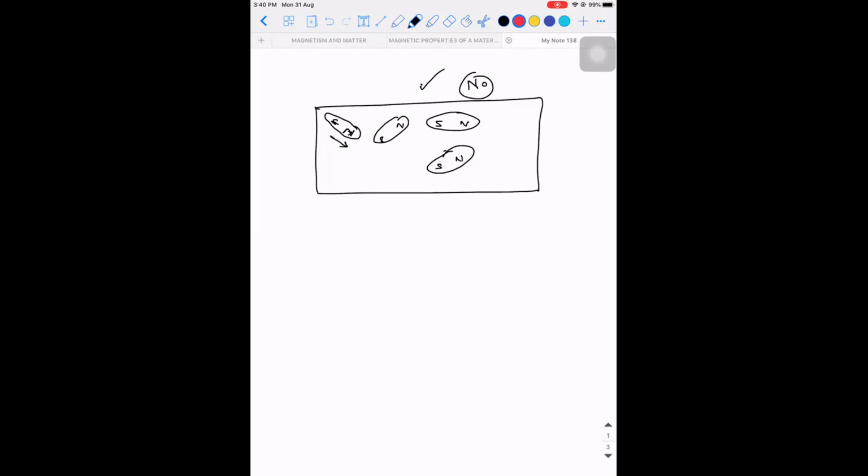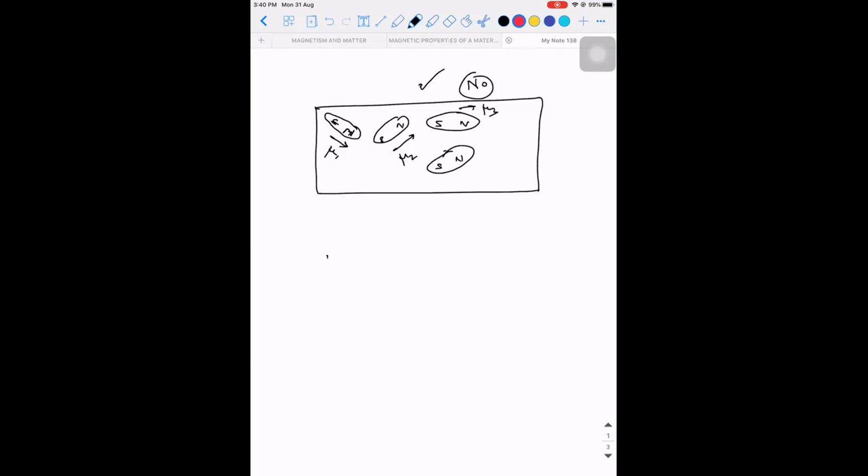For example, the magnetic dipole moment for this dipole, let's say, is in this direction. For this dipole, it is like this. For this dipole, it is like this. Since dipole moment is a vector quantity and these are not aligned together, they cannot contribute to the magnetism because they might get cancelled out. Anything can happen, right? They are not going to get added up directly. But is it possible for me to magnetize this material? The answer is yes. But how will you do it?